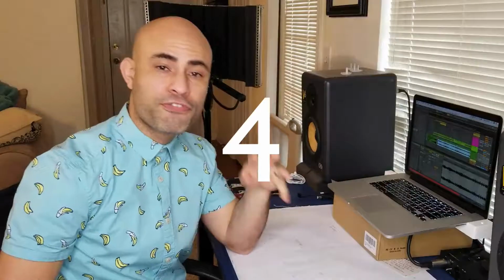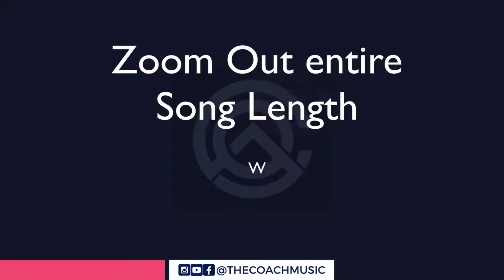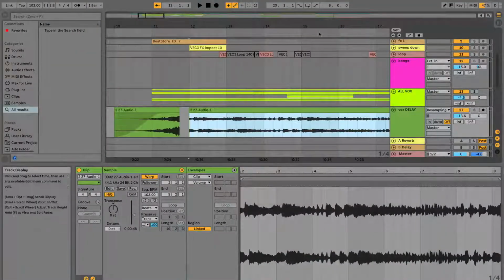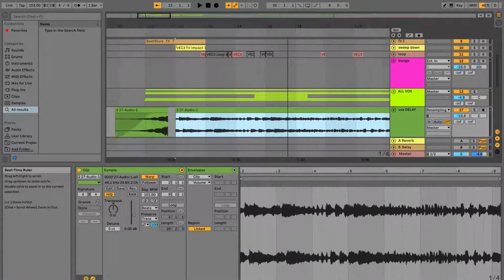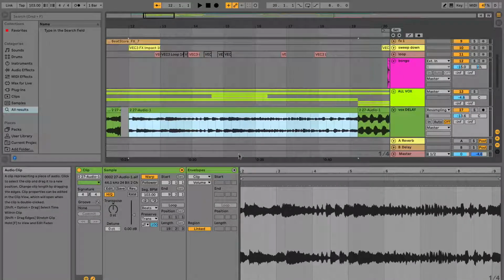All right, the 4th best Ableton Live 10 tip that every producer should know is the W. What's the W? W will actually zoom out and it will toggle back and forth between your previous view and the entire selection of the song. Here's what I mean. Right now I'm working on this audio clip, this specific one right here,